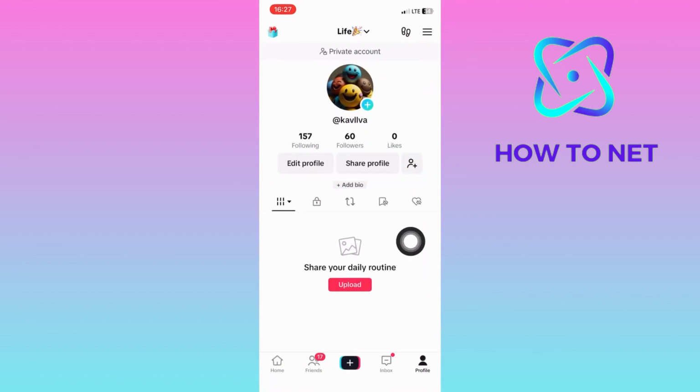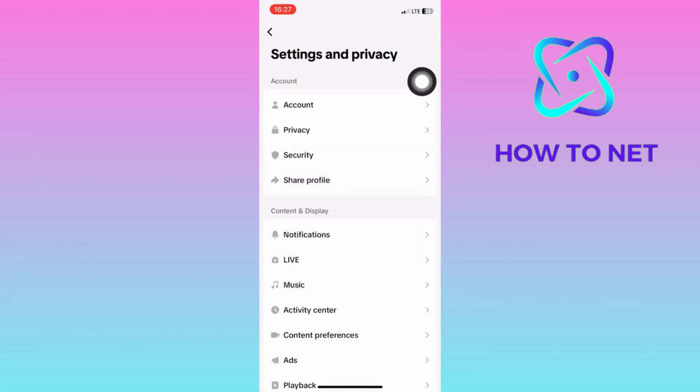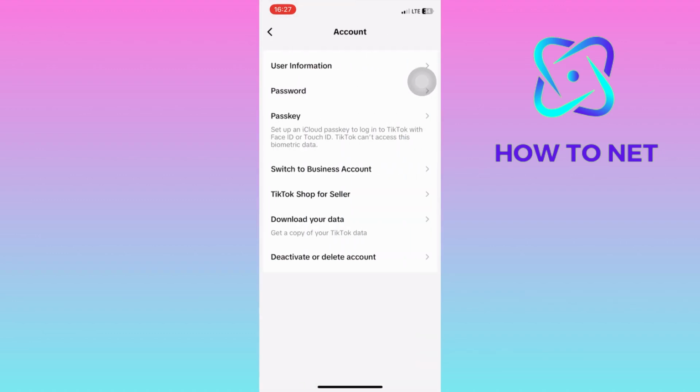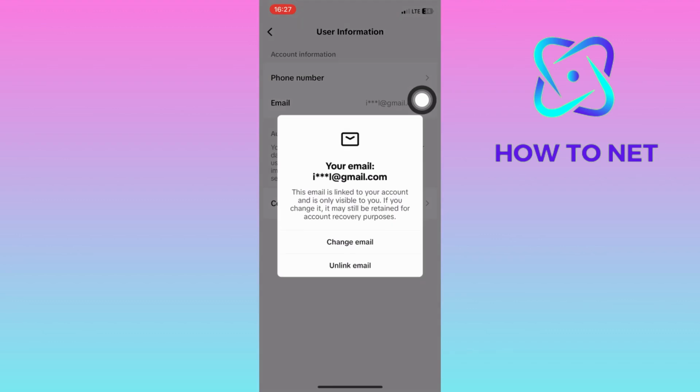On your profile page, tap on these three lines right here and head into your settings and privacy. On the settings page, tap on this first option of account. You will then have to select this option of user information. Tap on email. To unlink your email, you will have to click on unlink and your email address will automatically